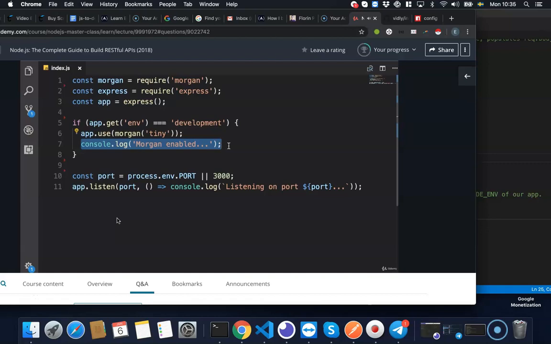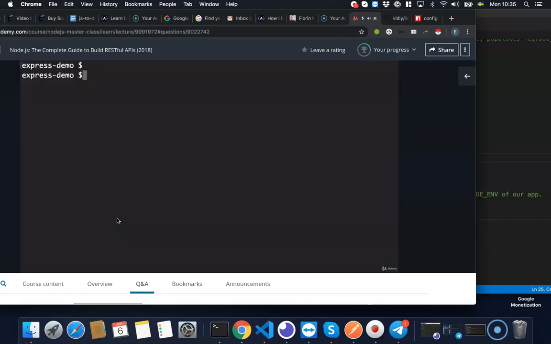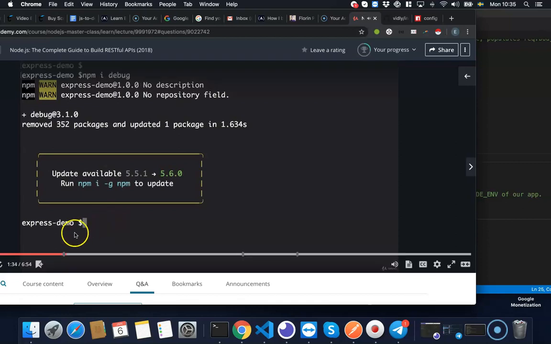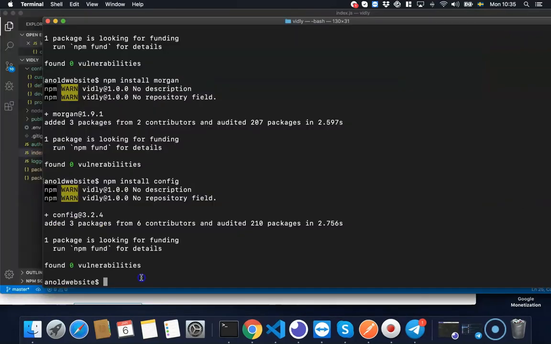But more importantly, we can also determine the level of debugging information we want to see. Maybe sometime we're working on a database problem. Perhaps we only want to see the debugging information related to the database. So again, we don't have to come back to the code and modify all these console.log statements. So let me show you how to use the debug package. Back in the terminal, let's install debug. Beautiful. Now this is